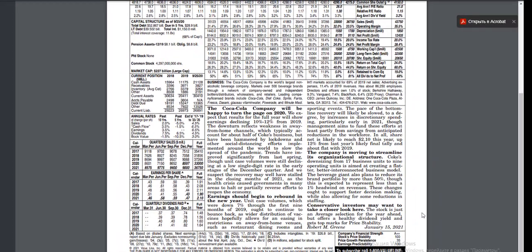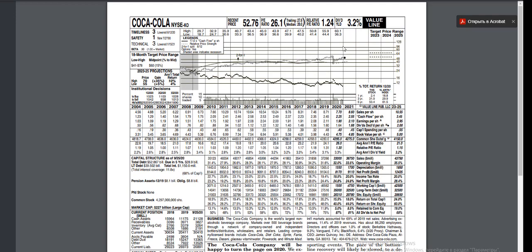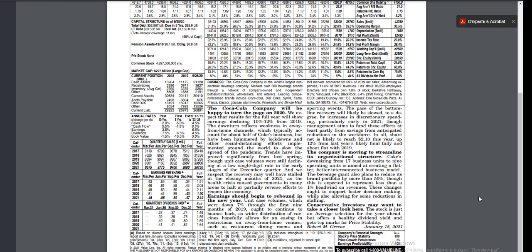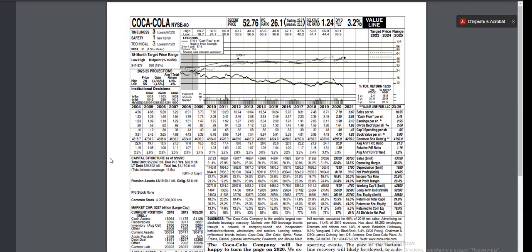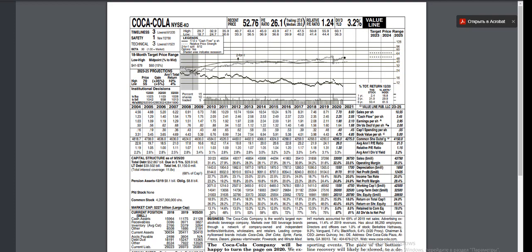In each report, you will see the article where Value Line tells us about the recent quarter, probably some changes. For example, if you saw some quite large movement in the chart, Value Line will probably talk about changes in the company, what caused these changes. So here is the report. In one report there is everything you need for many years. This way you can check whether the company is of good quality, is it undervalued or overvalued, what happened in what year. You can see it in numbers, and also you can see some projections,